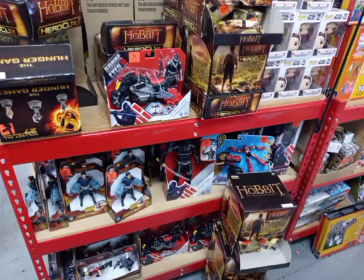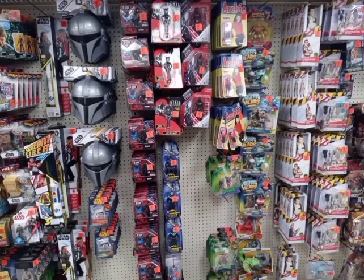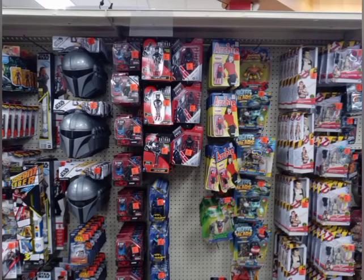And of course, we have more Marvel, Lord of the Rings stuff, Disney stuff, everything you could possibly think of. They have a little bit of it. It's just random what they get because it is a closeout store. One thing I did like is when I went to the figure section, they had pretty much cleaned up the figure section pretty good. Everything from Ghostbusters to Batman,